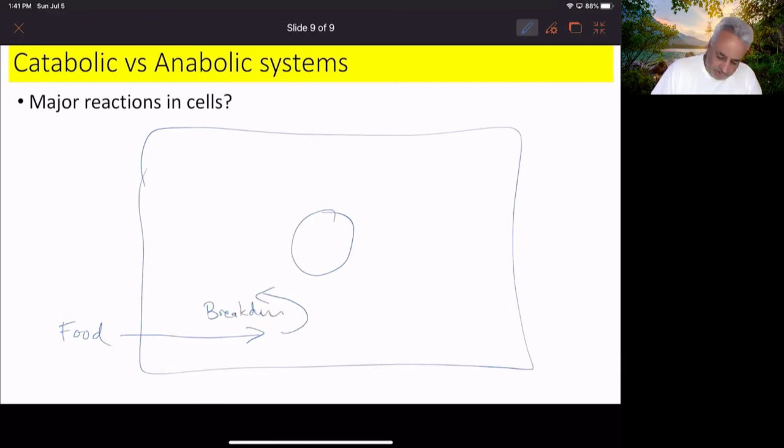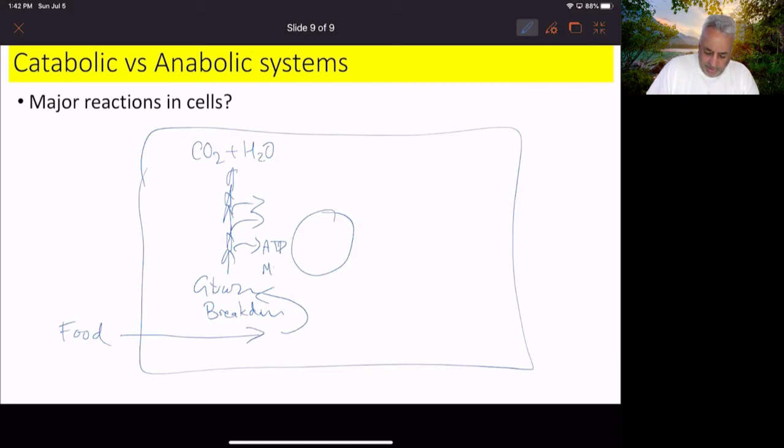And the ultimate in the mitochondria will be carbon dioxide and water. And these are highly, highly oxidized forms of molecules. So they contain very little energy. So carbon dioxide is basically one of the lowest forms of molecule that living cells have to deal with. Of course, water is its counterpart. So when you take food like glucose and you break it down through various steps and various pathways into carbon dioxide and water, you have a lot of energy being released. And some of that energy is used to make ATP from ADP,